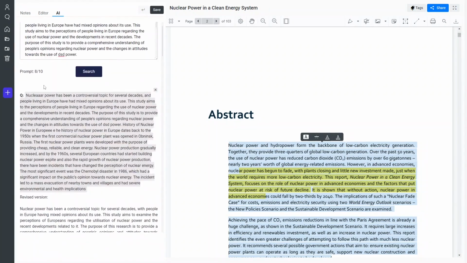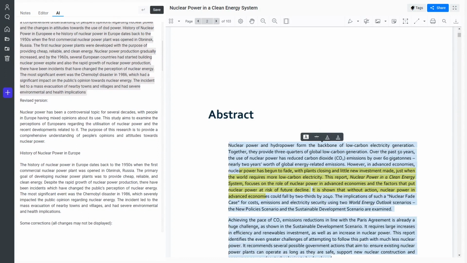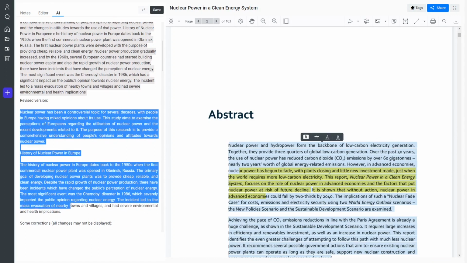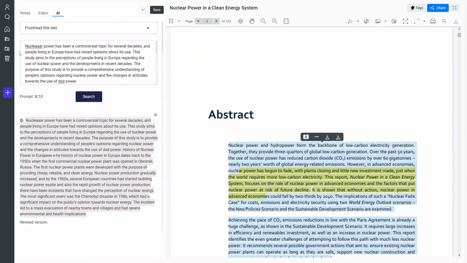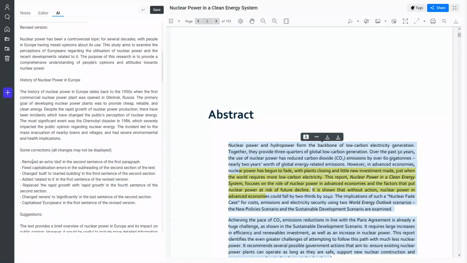Okay, so now we have our new text here. So you can see the AI has revised it. So this is the new version that the AI suggested. And you can see it fixed, for example, nuclear power here that I spelled incorrectly, right? And then it also, since it's been prompted to, explains all of the different corrections that it has made. So in this case, it's explaining what it did. So you can see for yourself if it's reasonable or not, and then remove or whatever. So it removed this extra word, it fixed capitalization errors, it changed build to started building,